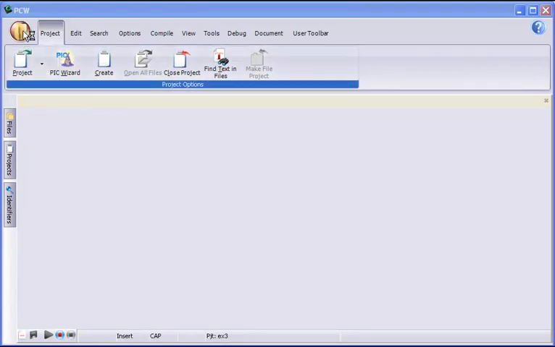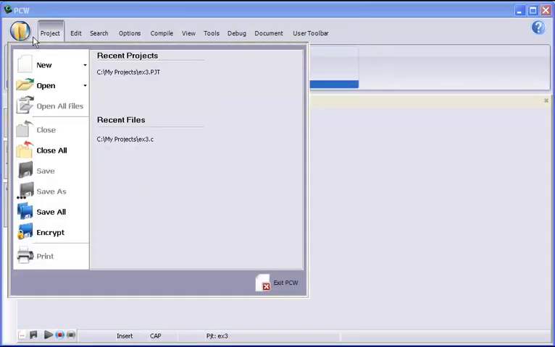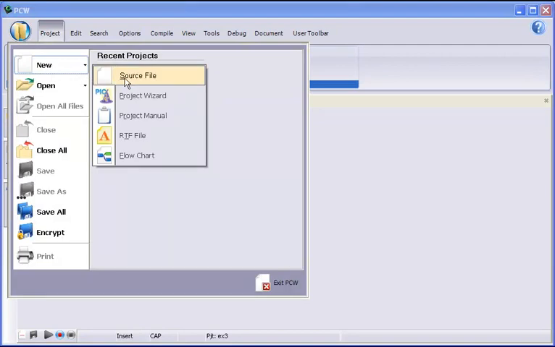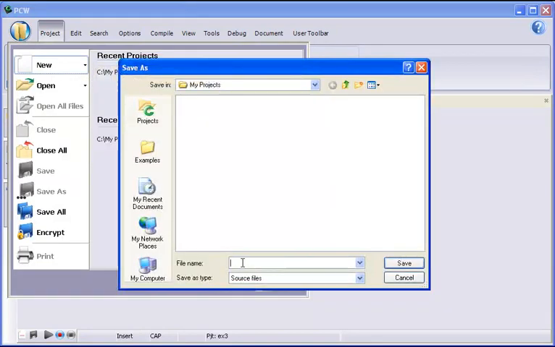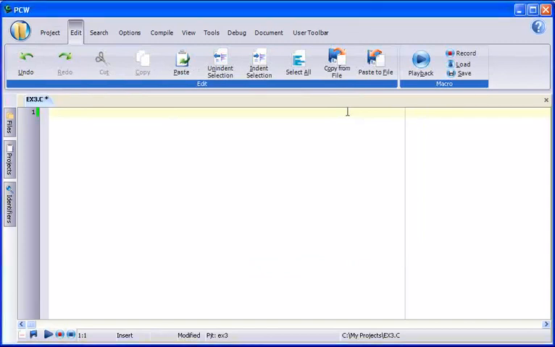I'm going to start by clicking on the Windows folder icon to create a new source code file and save it in my project directory. A basic and key element of the CCS compiler is the device-specific header files that simplify the task of initializing the microcontroller. The header file is pulled into the design by the include statement at the top of the source code